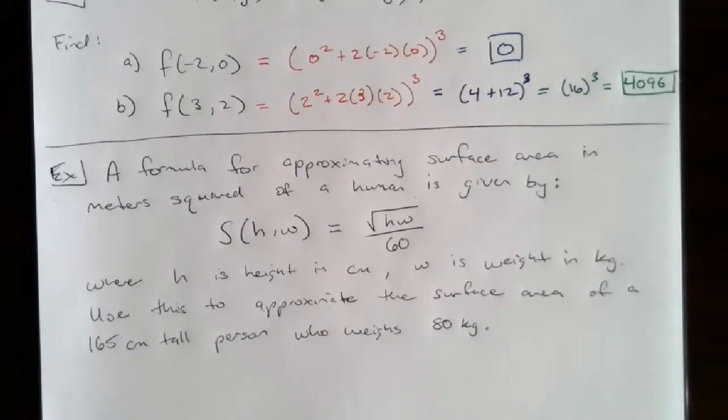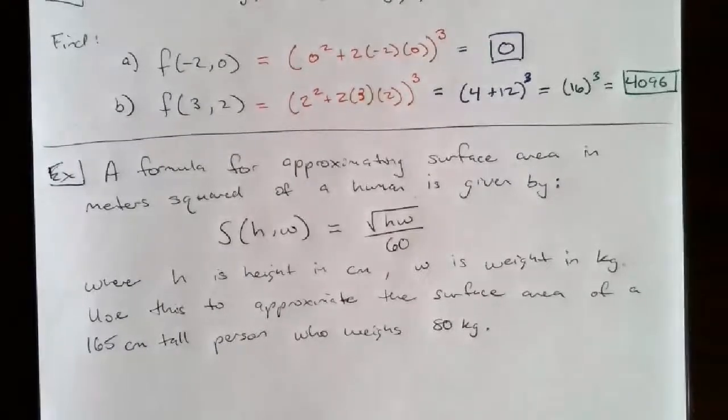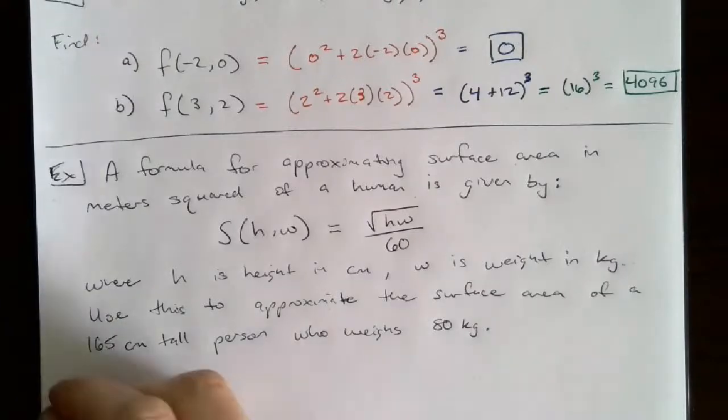So they're giving you a formula here, right? They're asking you to use it to approximate the surface area of a human, the amount of skin they have. And they're telling you the person's height and their weight, and you should be able to use the formula. So what they're really saying, for our solution,